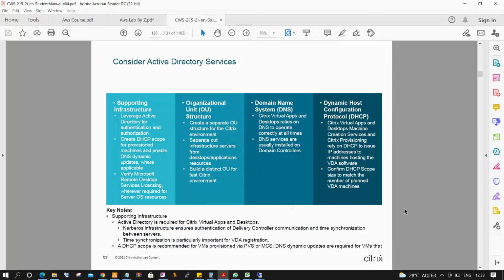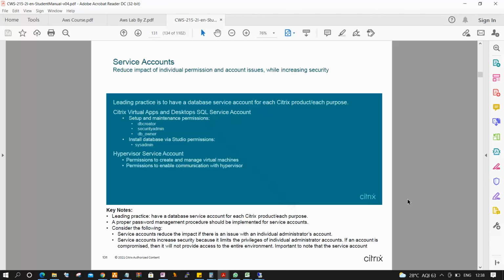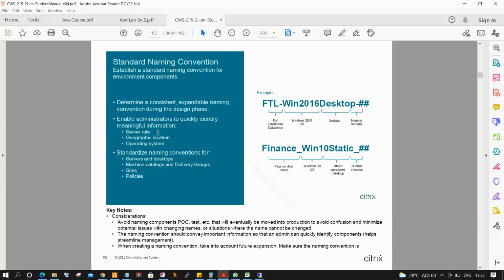Any questions regarding Active Directory services? No. Yeah. So next, like this we create an account. Don't worry. When we start the lab, I'll go to AD and create an account. When we create computer names, we will follow a structure, the naming conventions. I'll provide you our own naming conventions, don't worry.